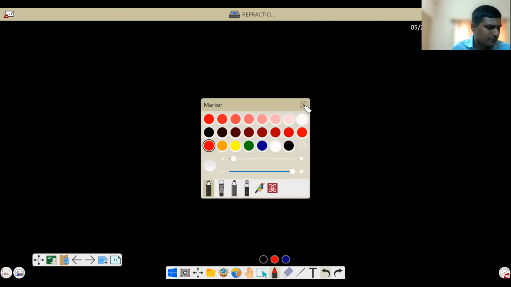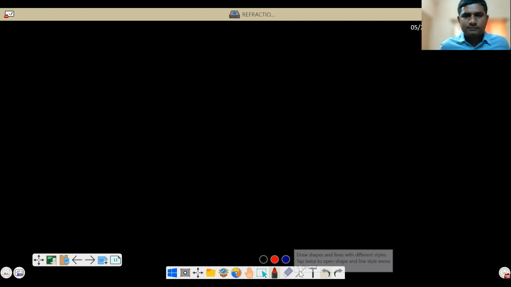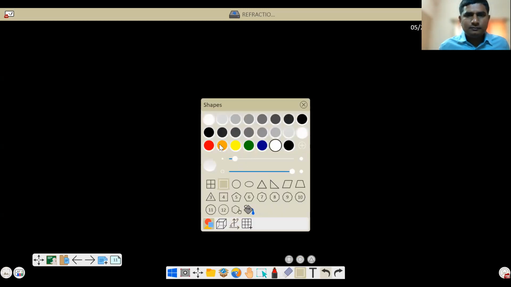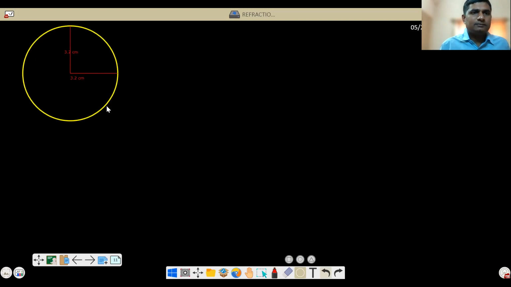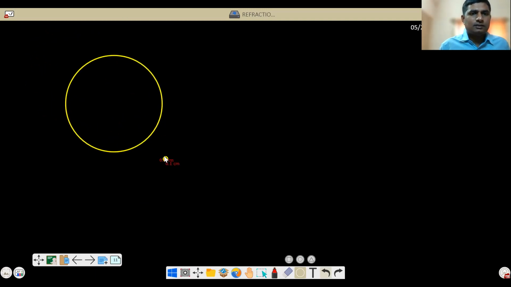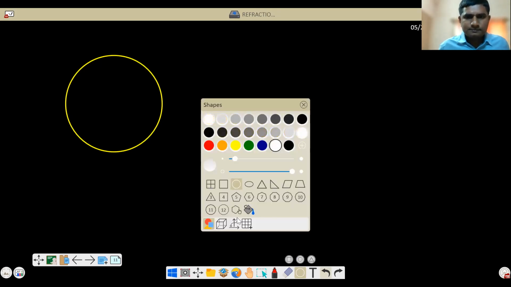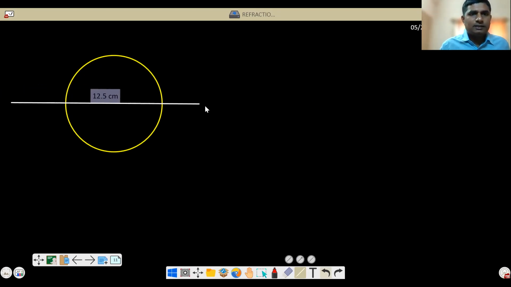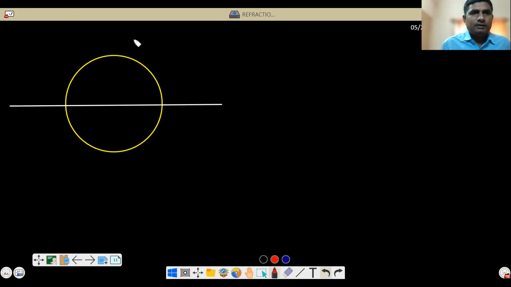Okay, see here. The question is, okay, same glass sphere is there. Okay, there is a glass sphere. This is the glass sphere. Now this is the principal axis. Okay. This is a glass sphere of refractive index 3/2. Okay. And radius is taken as 5 centimeters. Take radius as 5 centimeters.